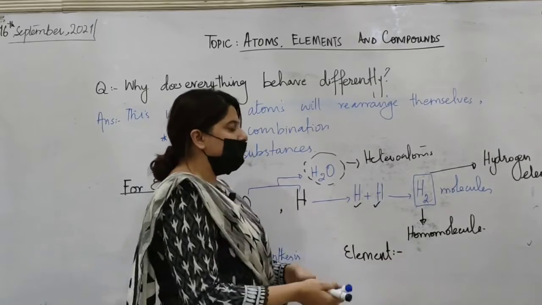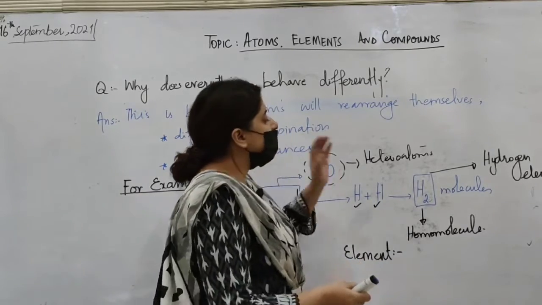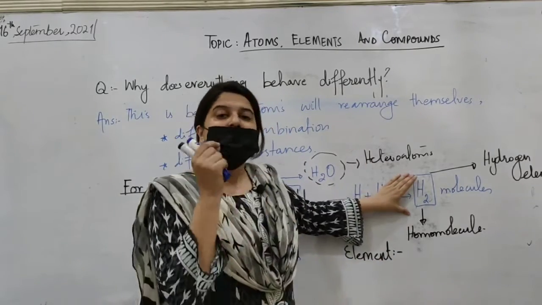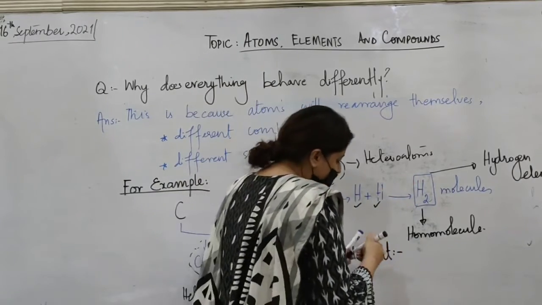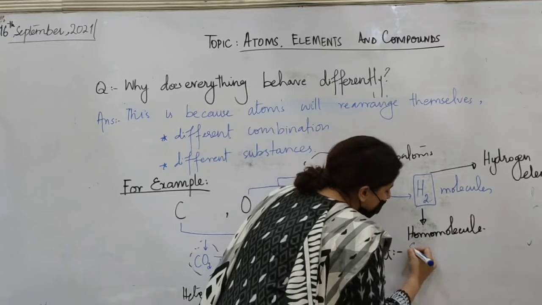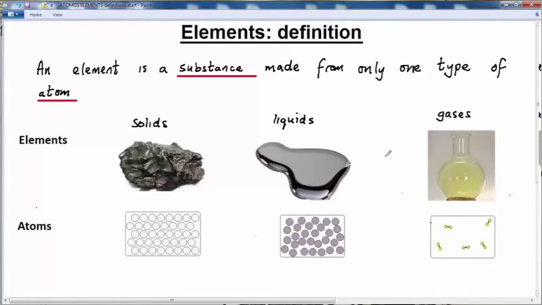So basically, an element is a substance which is purely made up of same or similar atoms. We will discuss it with the definition as well. You can write it. What is an element? An element is basically a substance made up of